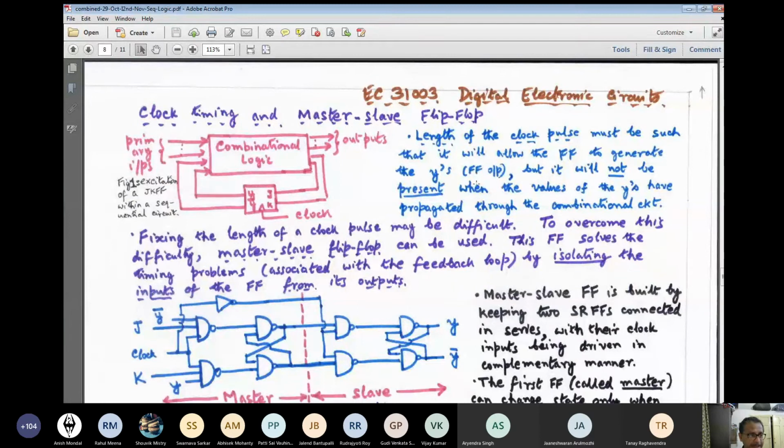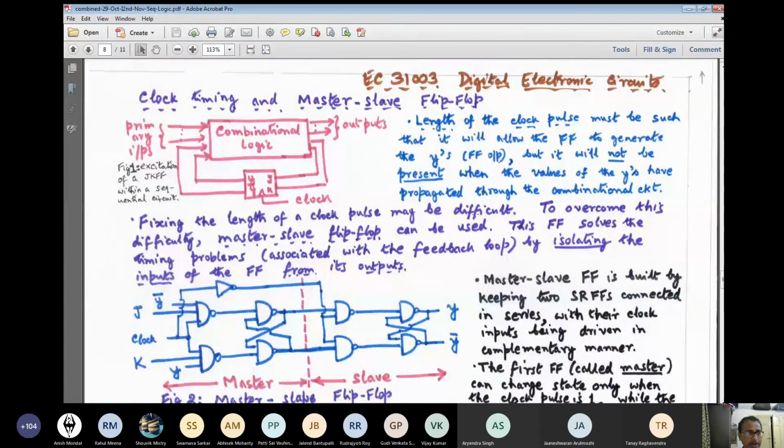Here we are discussing the JK flip-flop, so I have drawn a JK flip-flop. The excitation of the JK flip-flop is shown within the sequential circuit. The length of the clock pulse must be such as to allow the flip-flop to generate the Y function. That means the on time of the clock should be large enough so that it allows the flip-flop to generate Y. But this clock should not be present when the result of this Y is appearing here. So once Y is getting stabilized, then it is